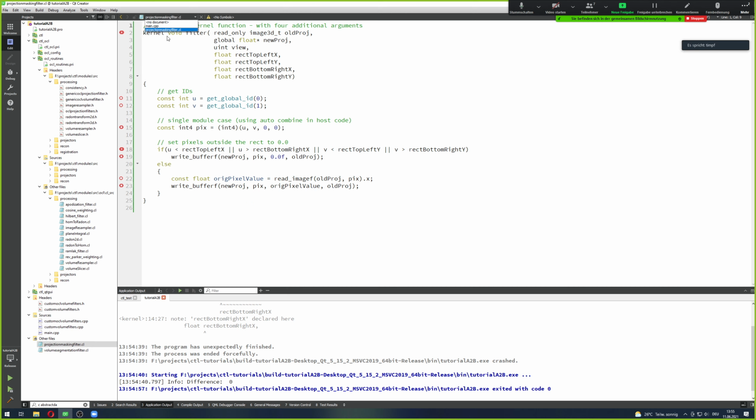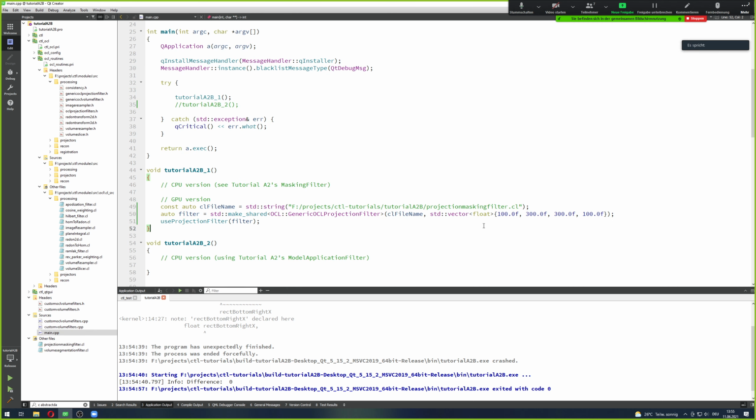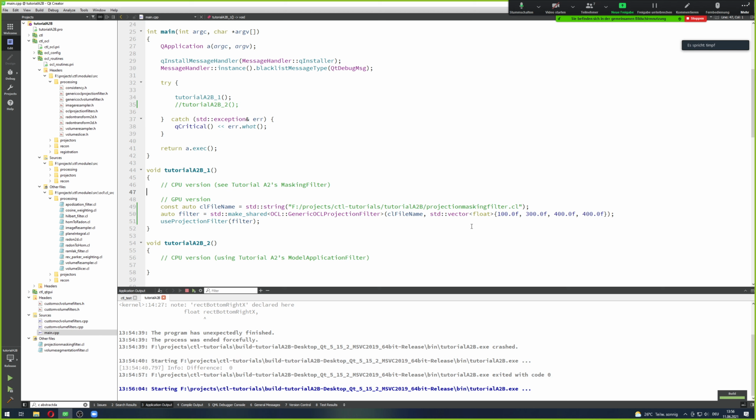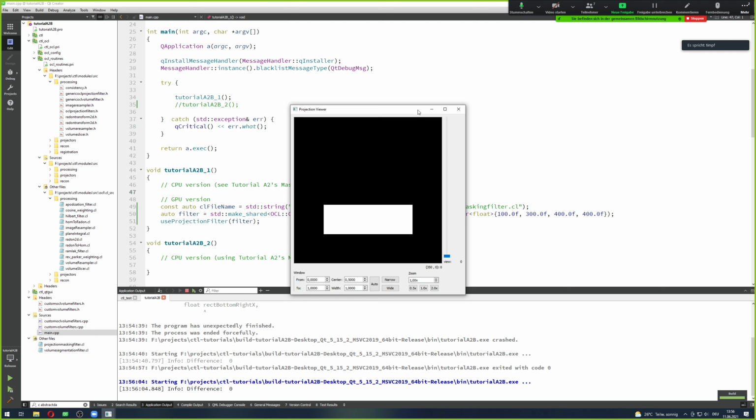Okay, let me quickly check if I made some mistakes. Ah, yeah, okay, I see. I remembered the values from last tutorial too well, because last time we actually specified the x and y coordinate of the top left corner and then the width and the height of the rectangle that we want to mask. And for some reason this time I decided to specify this corner and then the bottom